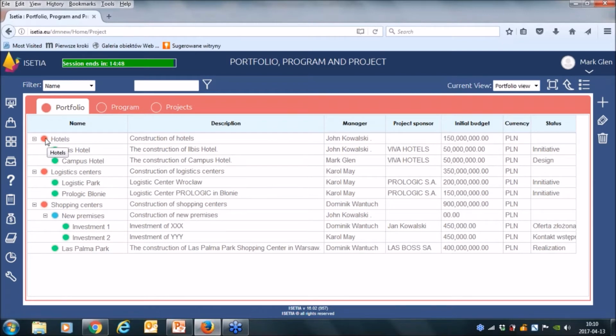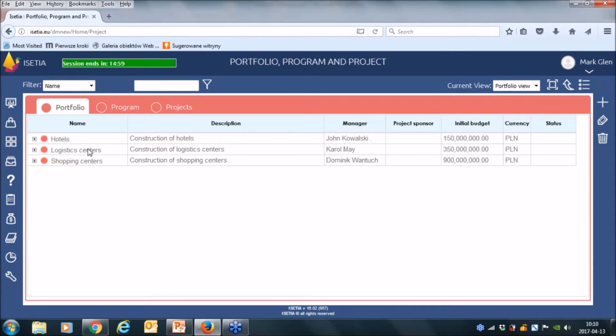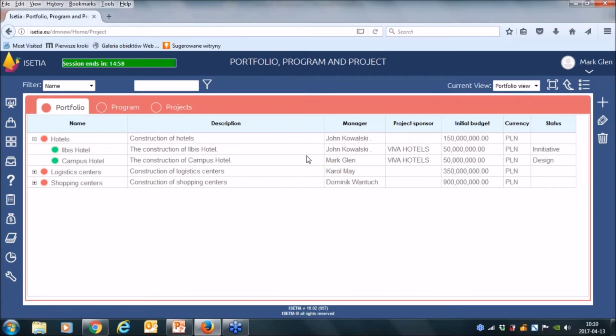So you can enter several portfolios, you can put inside some programs, and on the last level you can locate individual projects. So from this point you can have the full map of your projects, and you can see some initial and important information concerned with each portfolio and each project.